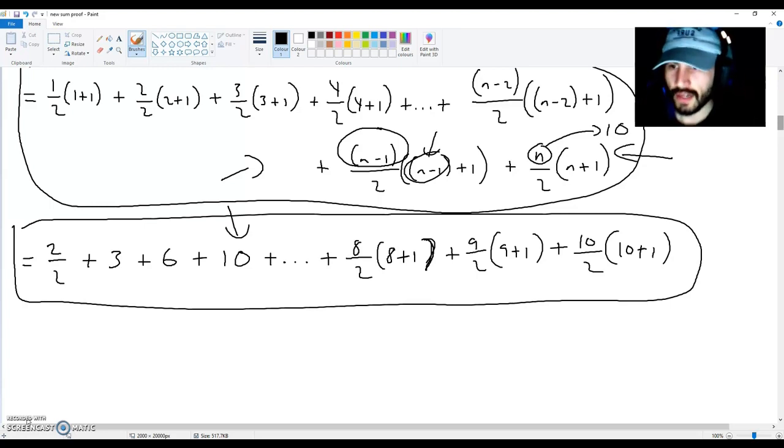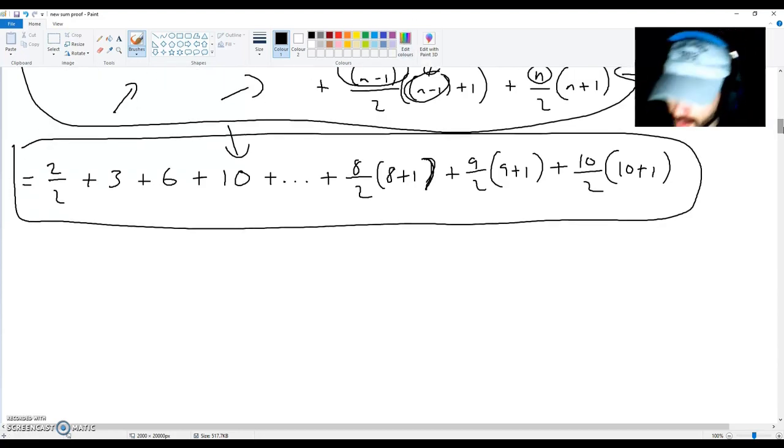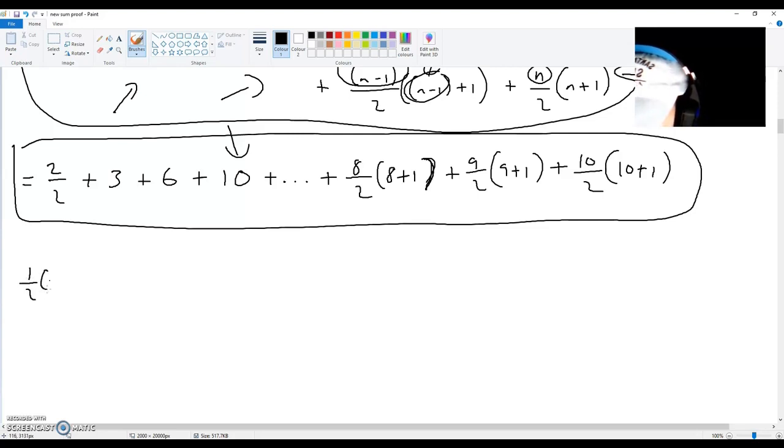So what I want you to do now is copy this description, which describes the sums that we've just been talking about. And once you've written it down, we can begin to find that formula. Anyway, let's start. So the description for those sums we've realized is the same as 1 over 2 multiplied by 1 plus 1, plus 2 over 2 multiplied by 2 plus 1, plus 3 over 2